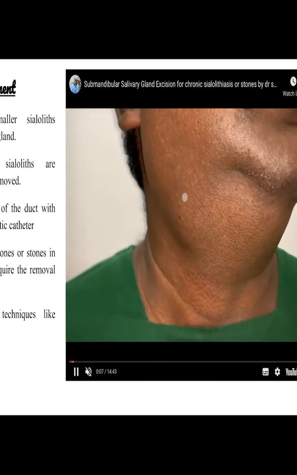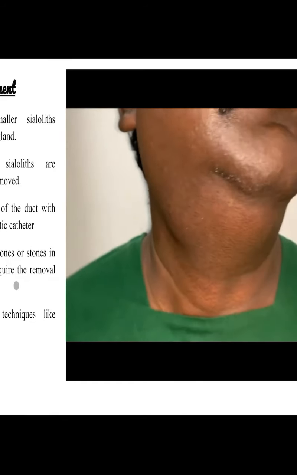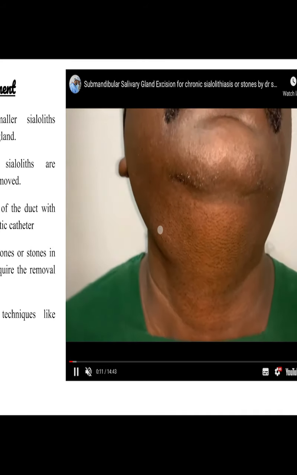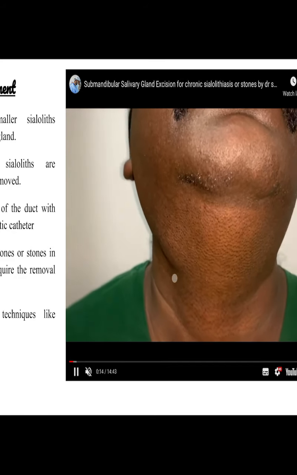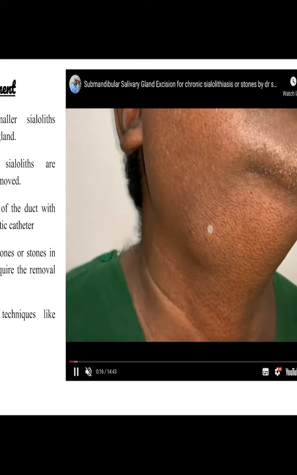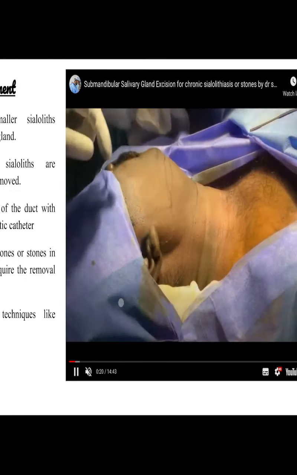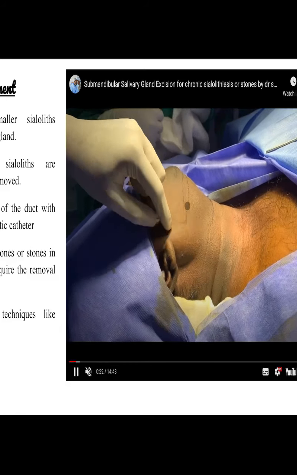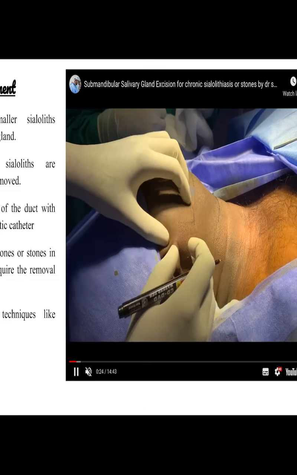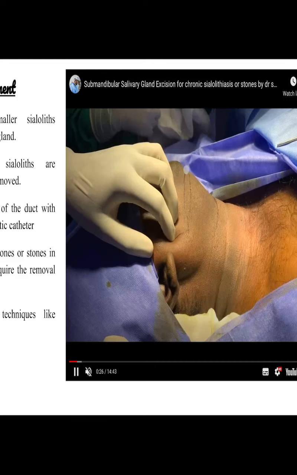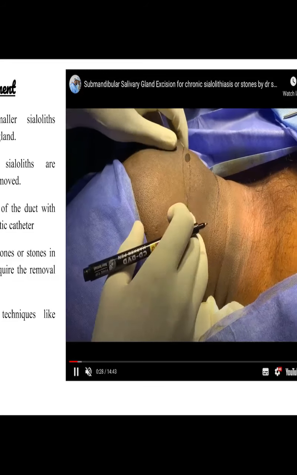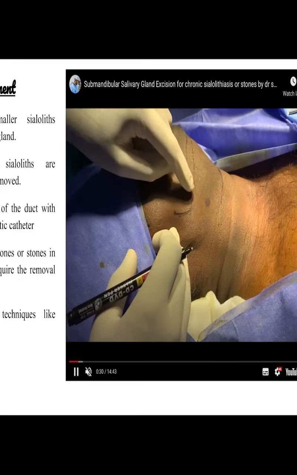This surgical removal is indicated because of the presence of multiple salivary stones. Here we can see in the patient there is enlargement and swelling near the angle of the mandible. The surgeon marks the angle of the mouth, so the incision will not lie near the mandibular branch of the